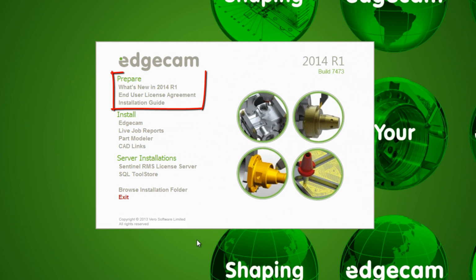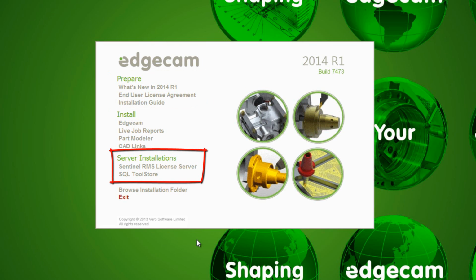here. The Prepare section provides the installation guide, which you should read before installing, and documentation on what's new. In the Server Installation section, the Sentinel RMS License Server option is provided for installations where the Edgecam workstations obtain licenses from a network server. There is an upgrade to the Sentinel RMS license server at this release, and we recommend that all users with a network license should run this installation option to upgrade the network license server to the latest version, which is